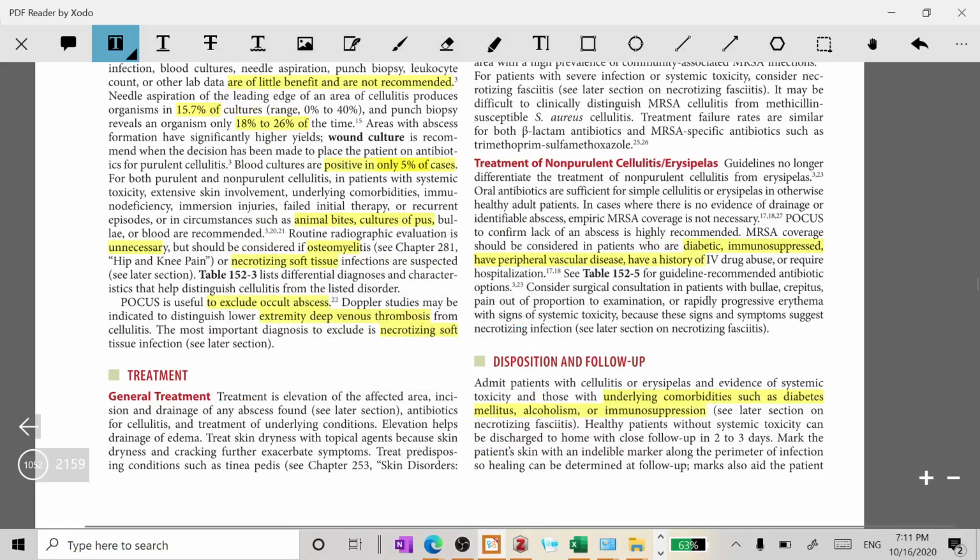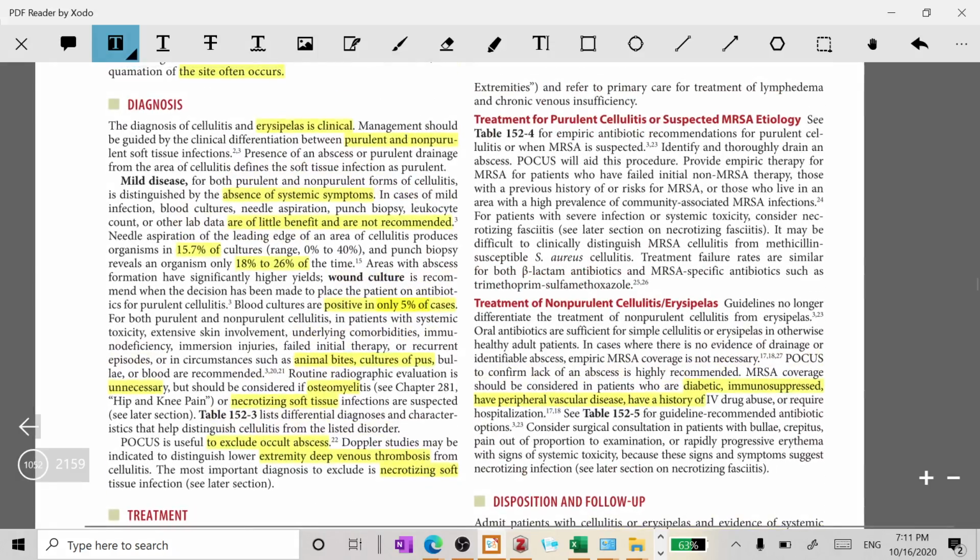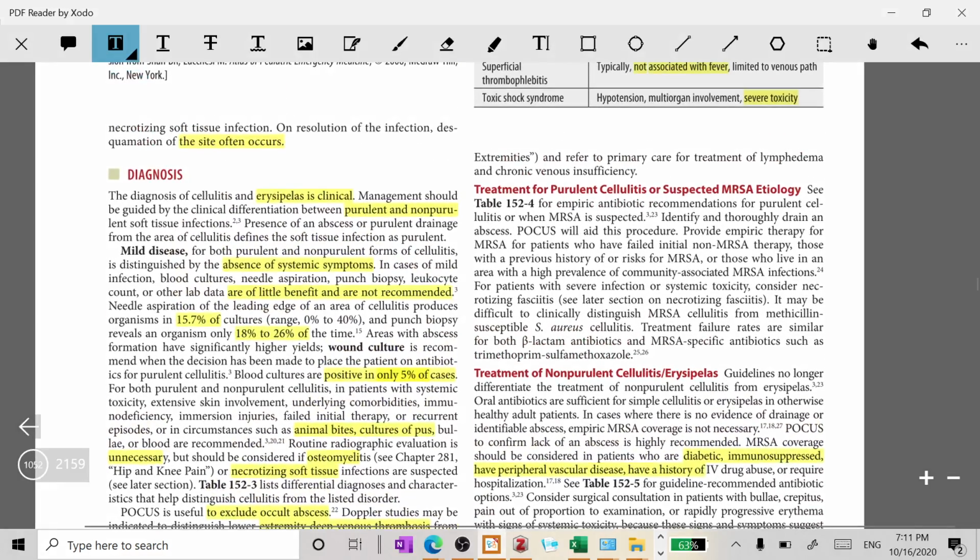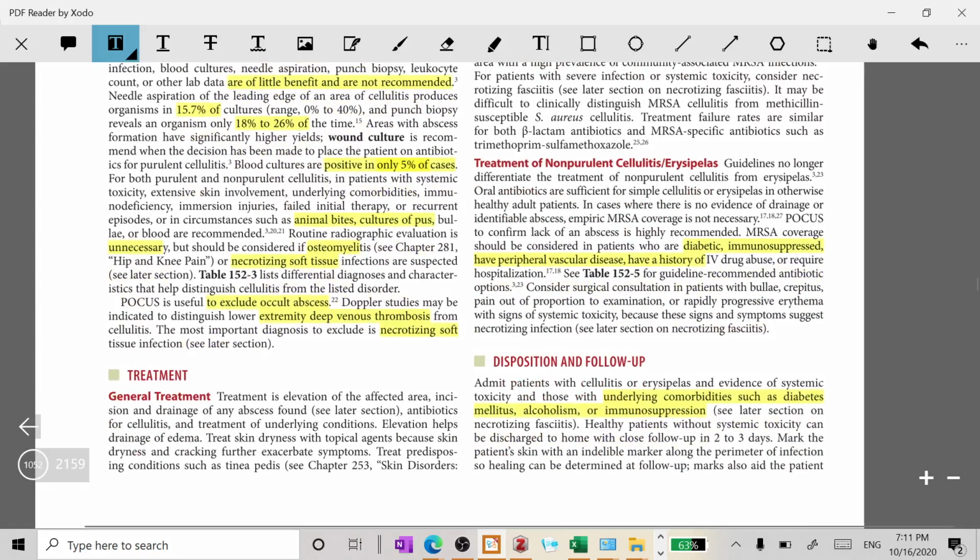Today we are going to discuss the treatment of cellulitis. This covers general treatment and treatment specifically for purulent and non-purulent cellulitis. Treatment is elevation of the affected area to aid in effective lymphatic drainage, incision and drainage of any abscess found, and antibiotics for cellulitis. Antibiotics and treatment of the underlying condition are the main pillars of